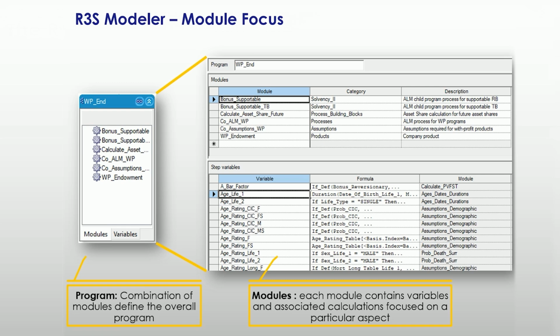This is a program. Inside this program contains several modules. Each module contains variables and associated calculations focused on aspects of the projection, like duration and probabilities, or death benefit cash flows.